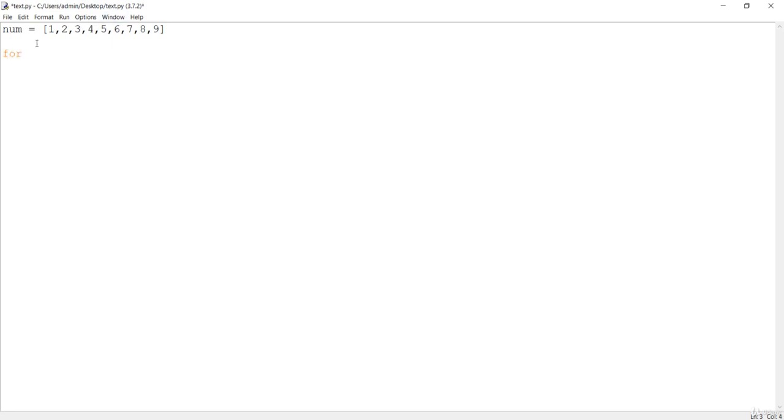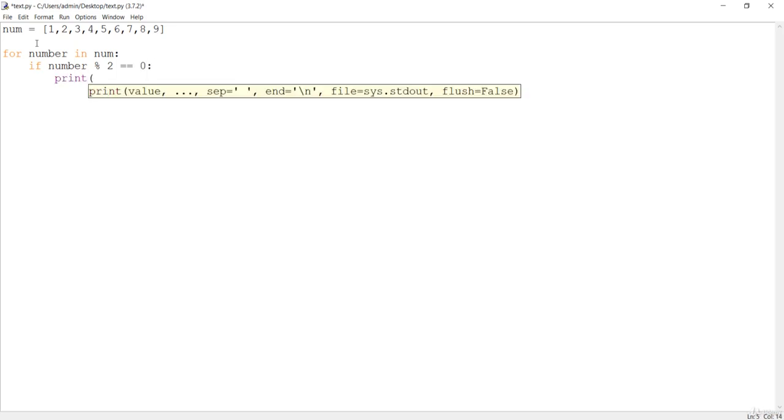So I want to loop now for num in numbers, and check if that number modulus 2 is equal to 0. That means it is even, so I want to print that number with formatting, is even. Let's format this with our number.